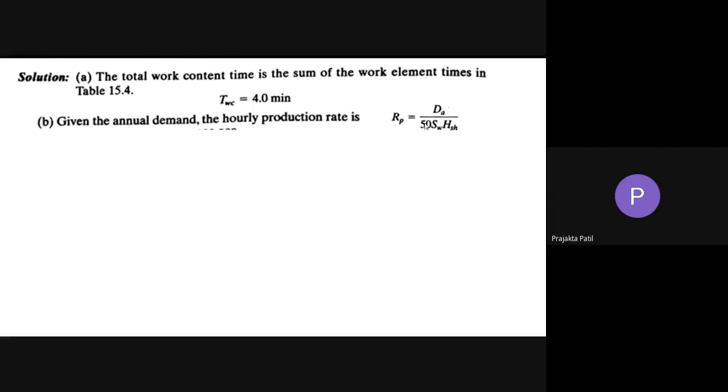We have to use 50 in the denominator because in the problem statement, it is mentioned that the line will operate for 50 weeks per year, 5 shifts per week, and 7.5 hours per shift. So you have 50 given already, SW is given, HSH is given. So you just have to substitute and get the answer.